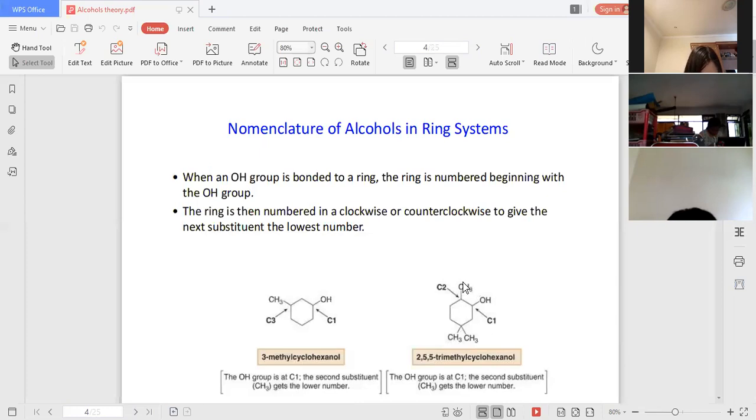This one, 2, and 3. There are 3 substituents and 1 functional group. Of course, the carbon atom that is attached to a functional group is called carbon atom number 1. So therefore, the next substituent is carbon atom number 2. And this one will move 3, 4, 5. So therefore, the name is